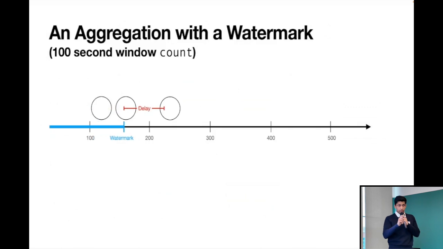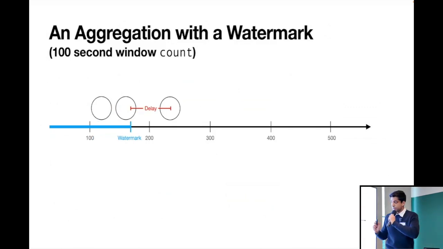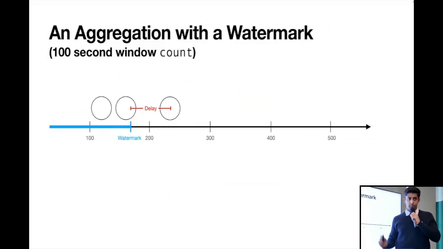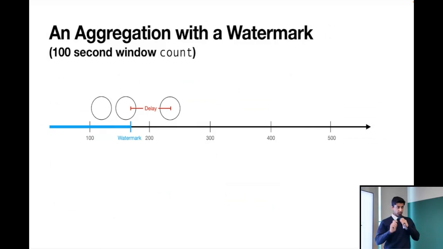And at this point, in the last example, what we did is we said, OK, I have something at timestamp 220. I must have received everything from 100 to 200, and so I'm going to close this aggregate. I'm going to compute it. But what we see now is that we still might receive some records between the watermark and timestamp 200. And so we still wait.